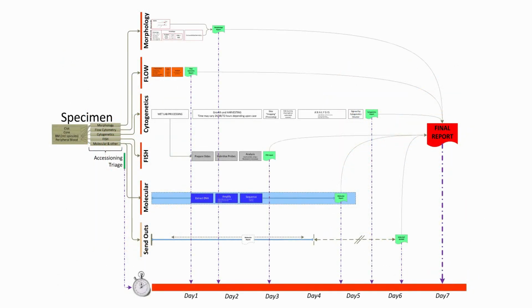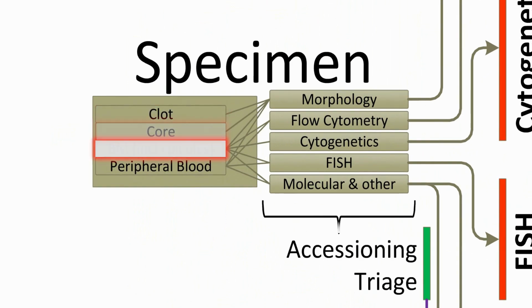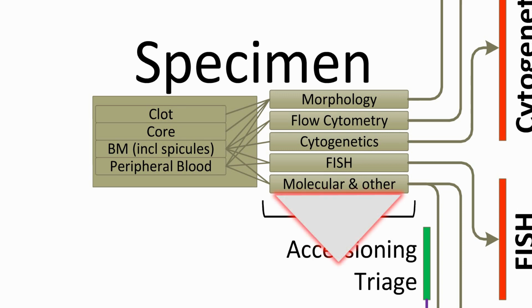But for us to analyze at the cellular and subcellular level, we must start with a specimen. The specimen consists of a clot, core, bone marrow, including spicules, and peripheral blood. Here you can see how specimen pieces correspond with testing platforms used to process it. At the beginning, all of these platforms are accessioned and triaged, meaning as these cases come in, experienced laboratory personnel identify which cases are critical, which ones move to the front of the line, which ones might be medically stat